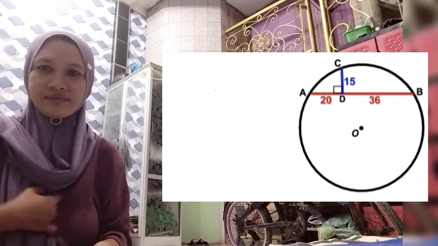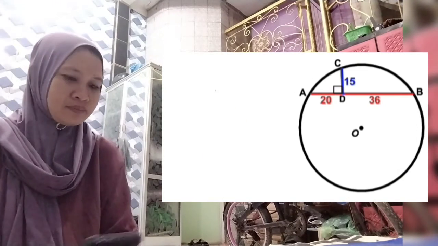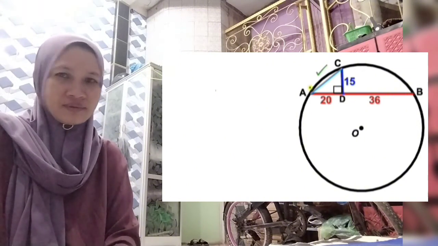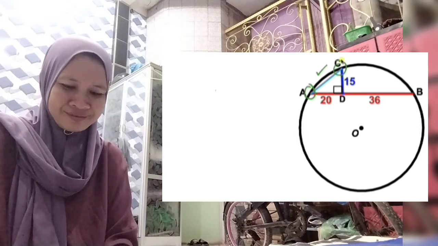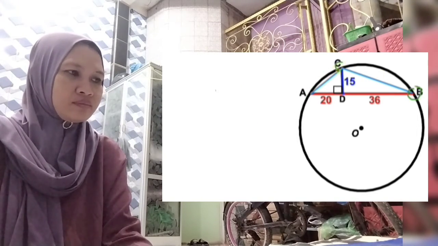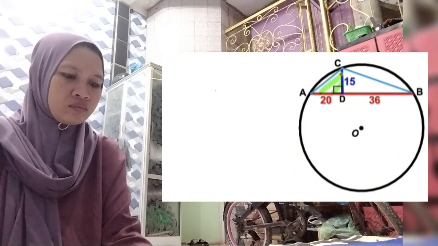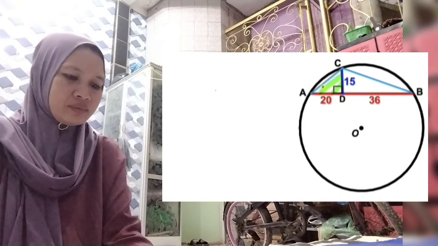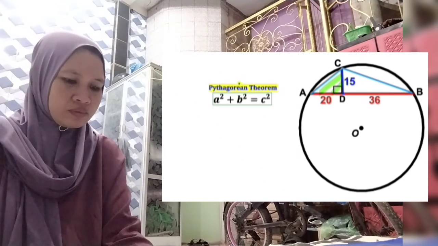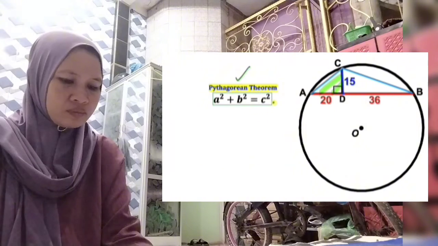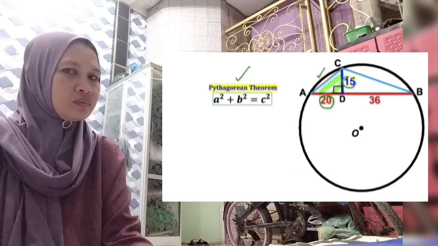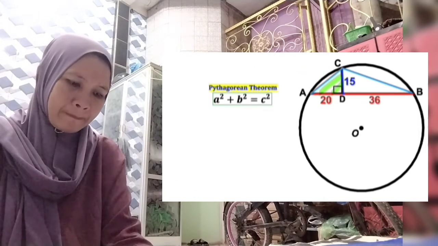And we are going to draw some auxiliary lines to make our job simpler. As you can see in this next step, I have connected these vertices A and C. And likewise, we have connected these vertices B and C as well. And now let's focus on this tiny right triangle ADC. And we are going to apply the Pythagorean theorem on this triangle. And here's our Pythagorean theorem: a square plus b square equal to c square. And in our case, our hypotenuse 20 and 15. Let's go ahead and fill in the blanks in this Pythagorean formula.